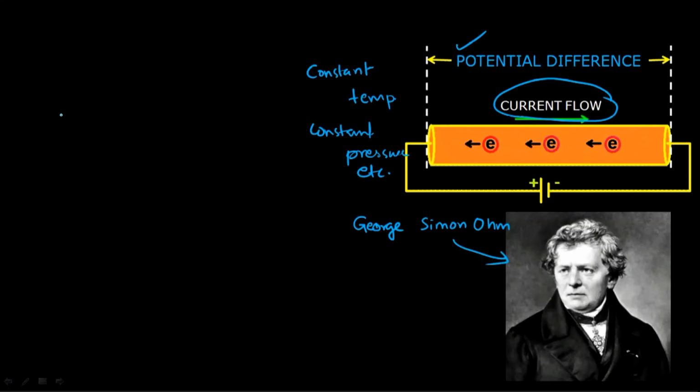What is Ohm's law? Ohm's law says that the current I is proportional to the voltage difference across the conductor. So we can write I is proportional to V. And Ohm also observed